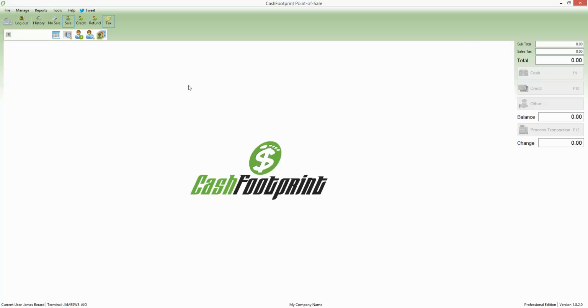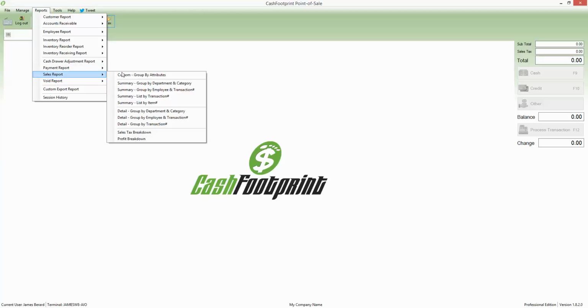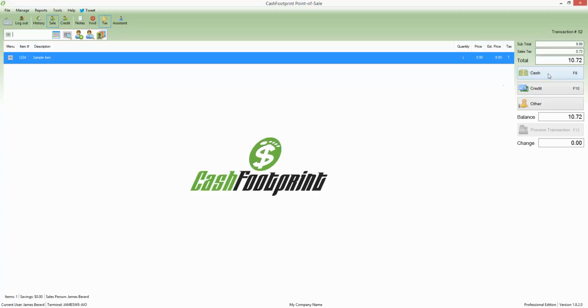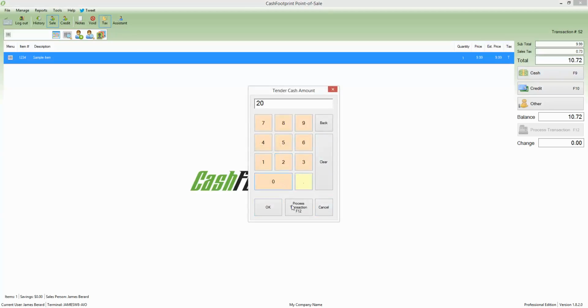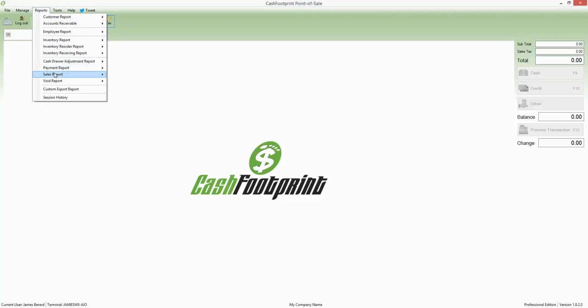You can also do this with sales reports as well. And since we just applied that attribute, it's a point in time for sales. So I'm going to sell an item. No, I don't want to add a customer. And we're just going to tender cash, 20 bucks. There it is. So now we can run a sales report also by vendor,